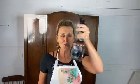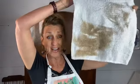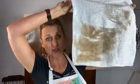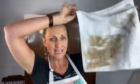This is not Jack Daniel's whiskey. This is straight water. Someone give me this bottle. I spray the whole thing down, and this is still what came off on it. Wait, there you go. This still came off, even after White Lightning, and then this is the water. This is a pretty good indicator that I'm gonna have